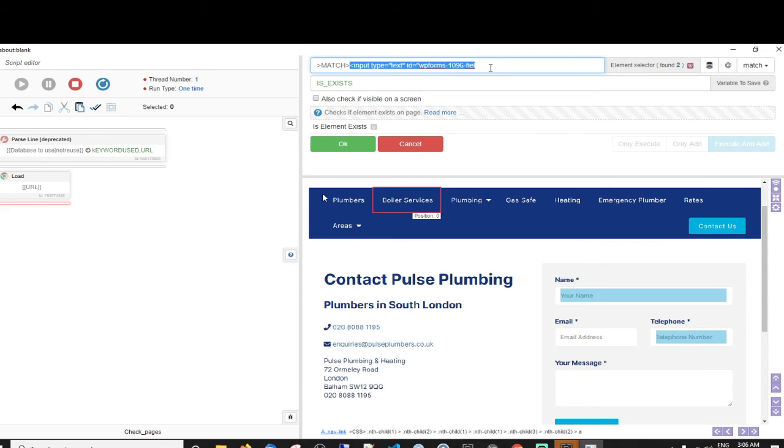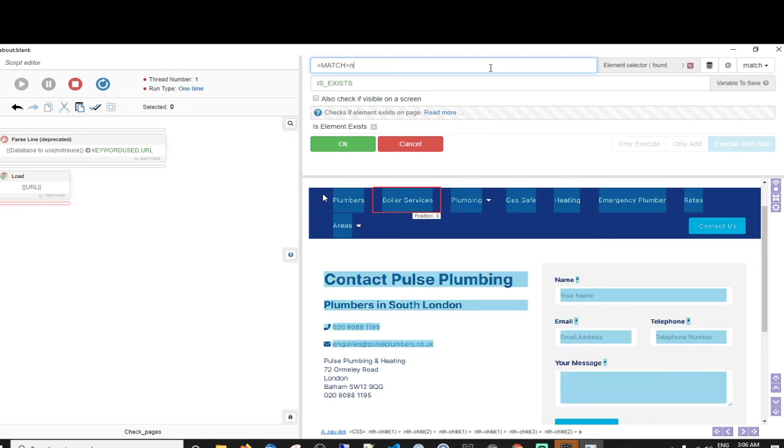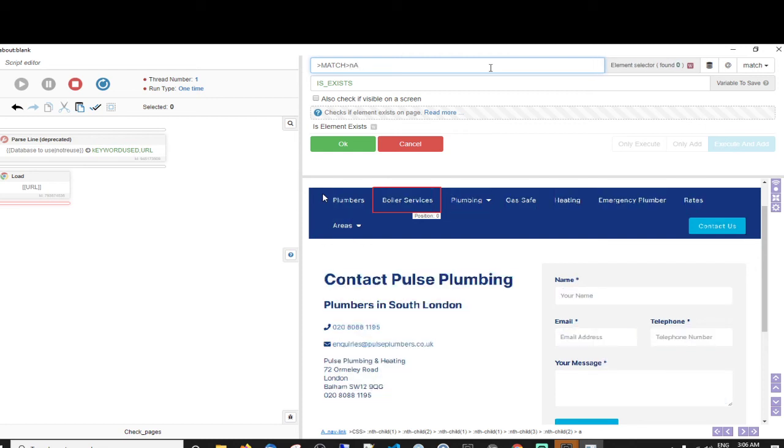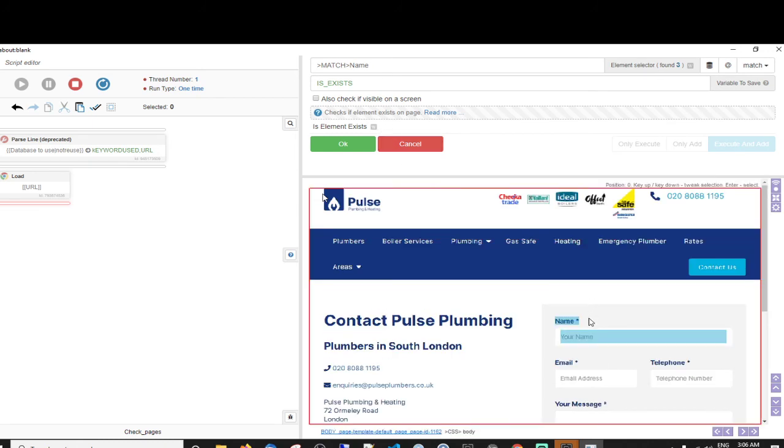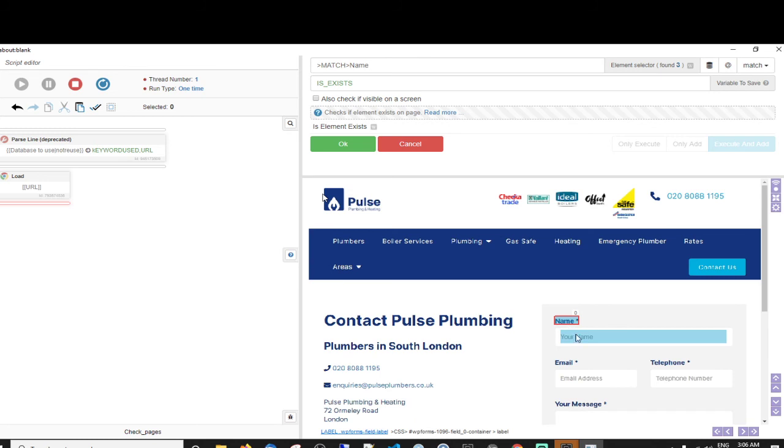So this is going to get more advanced. Does it have a text as name? Oops. Name. Yes, it does have name, obviously there, and the actual field. Your name.